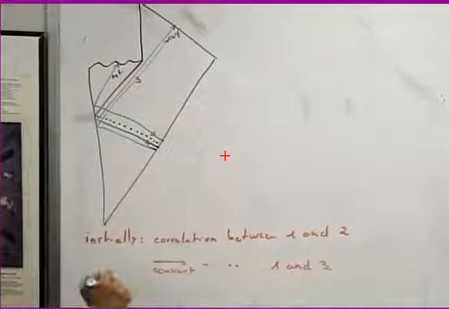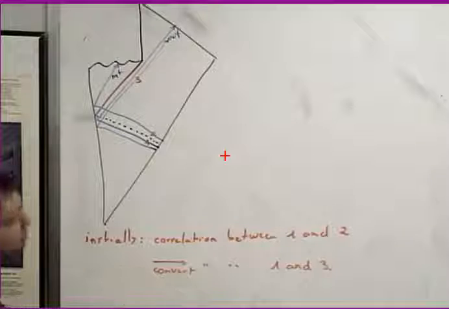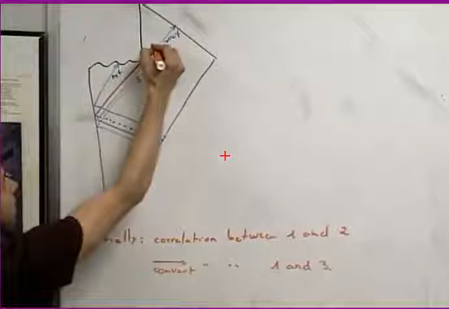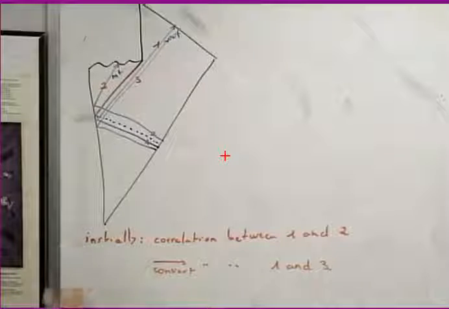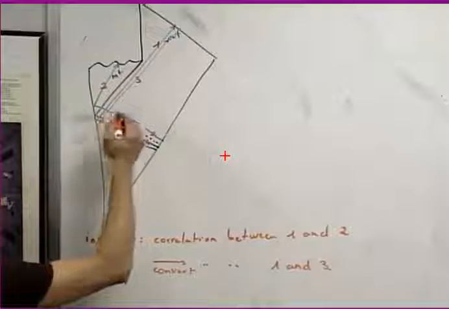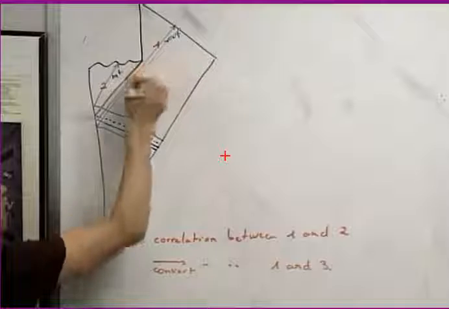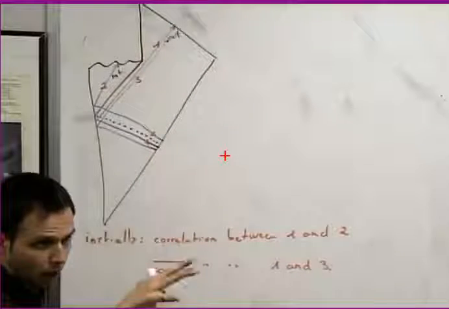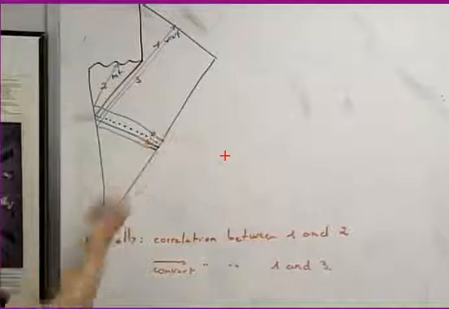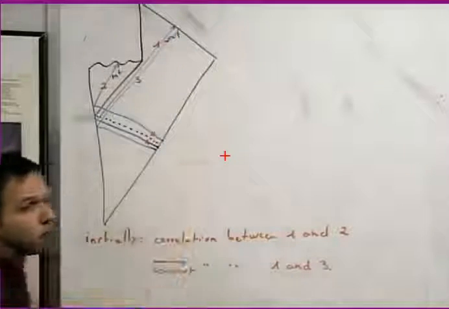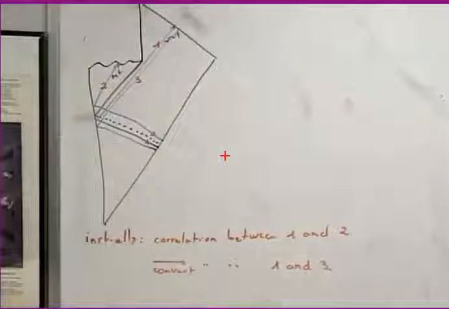If that is possible, one is in the past, right? I mean, one is the one that goes to infinity, and two is the one that goes to the horizon. So if I was able to translate the correlation between 1 and 2 to 1 and 3, then the Hawking radiation will encode, maybe in a very subtle way, the initial correlations, and the state here would be a pure state. That is the idea.